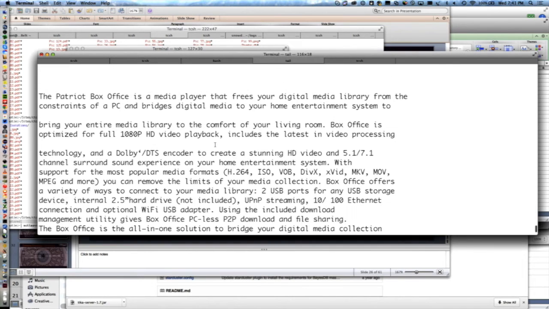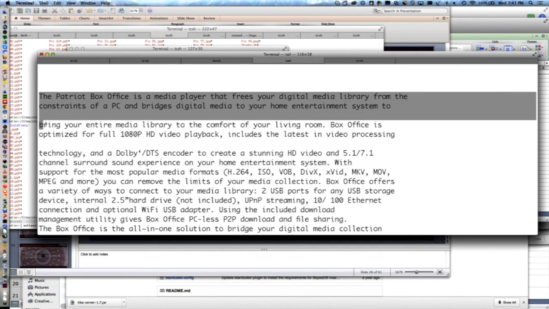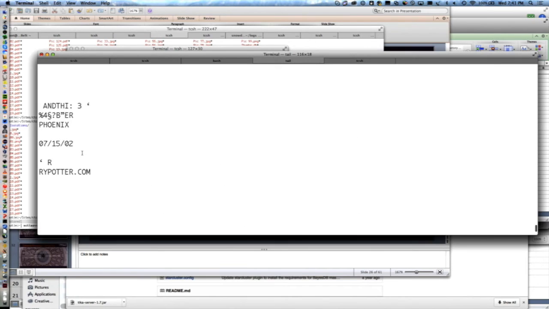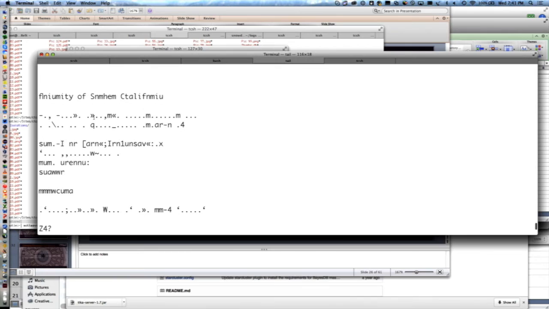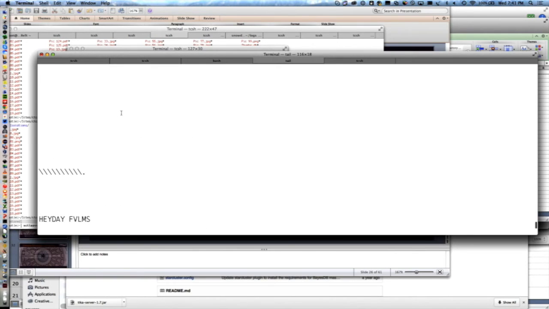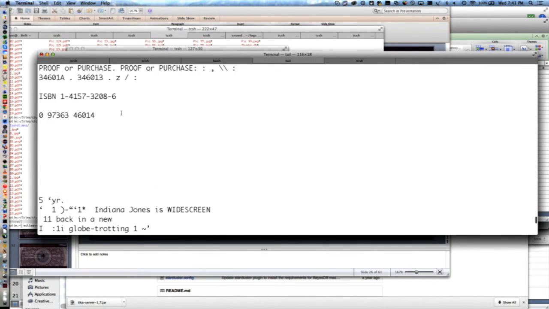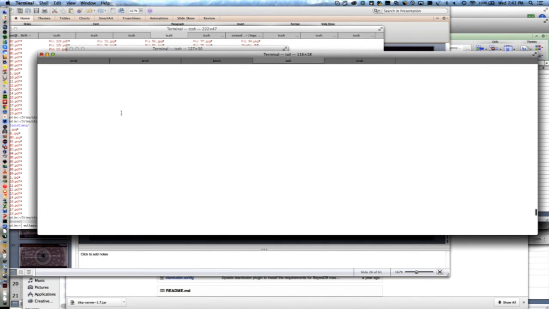Some of it is great. This is my Patriot box that I bought, my home recorder thing. It's great. But then some of it's like, oh, what's this, of some California, so it's not. Depending on the text, Heyday Films, Harry Potter fans out there, I have various things here. This is all the text from my pictures, and I have a ton of pictures. I've got like 10 years of pictures and stuff like this.